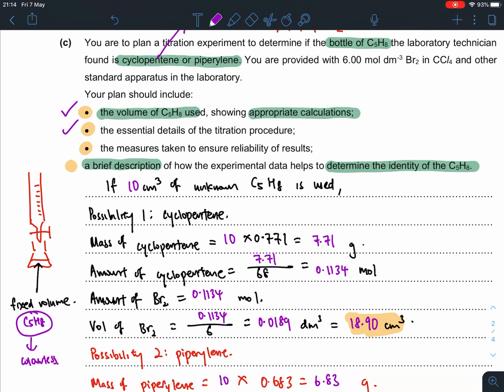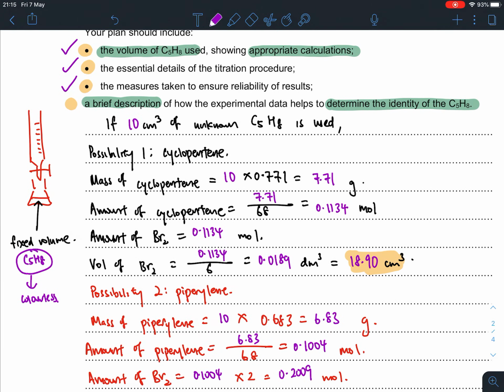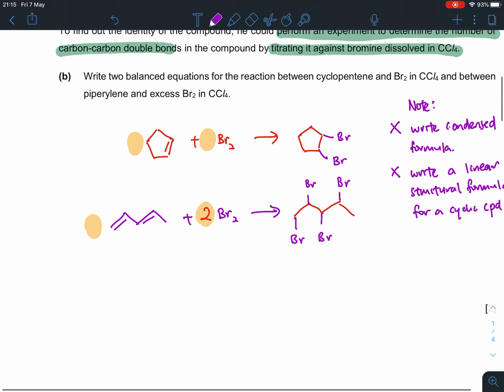ensure reliability of results. So some measures to take is that you must also make sure that there's no other possible reactions from happening. And this is what we have learned for Br2. We have learned this reagent in both alkanes and alkenes. So this is something that concerns alkenes, which we use Br2 in the dark. So in that case, for alkanes, which is something that you can see in part of cyclopentane, those carbons with single bond hydrogen, all right, which means that